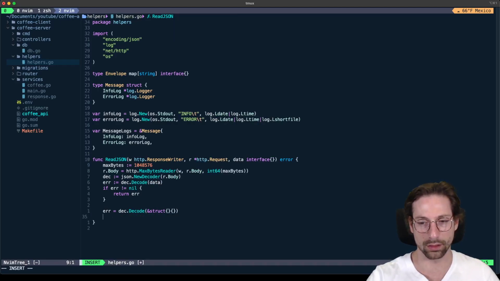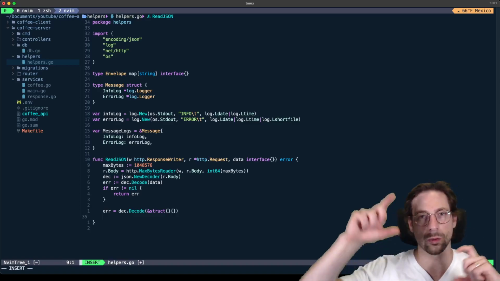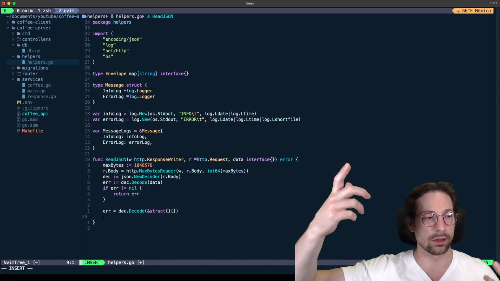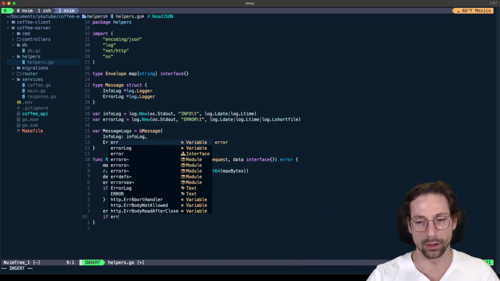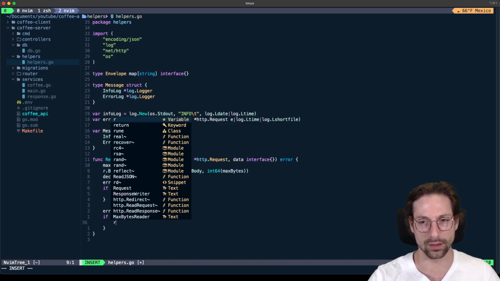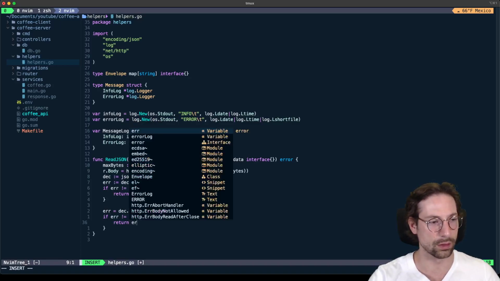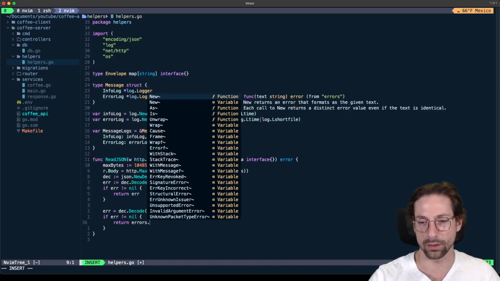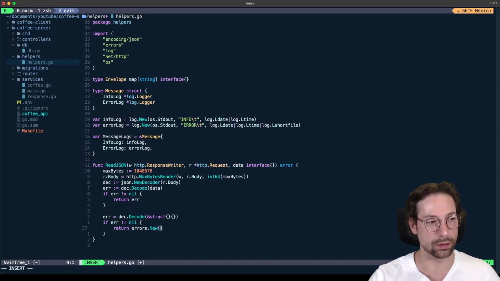So if we see two opening and closing brackets of the JSON, then obviously there's an error there. So if the error is not nil in this particular case,